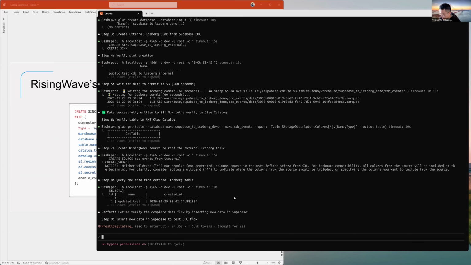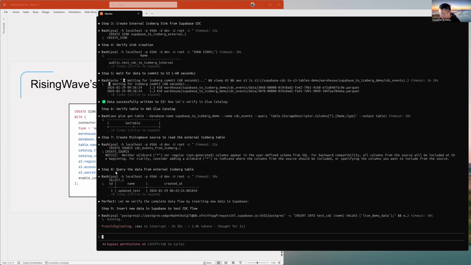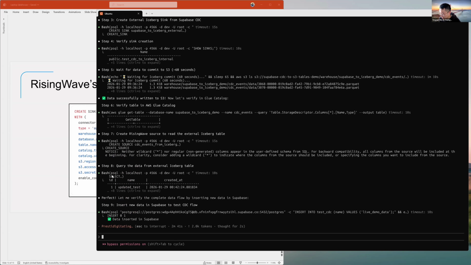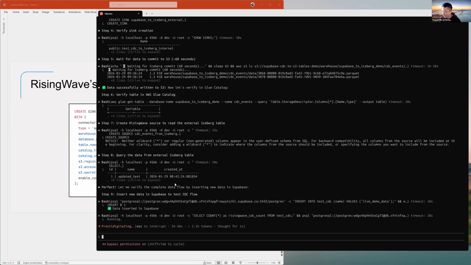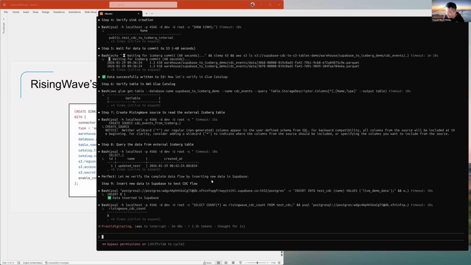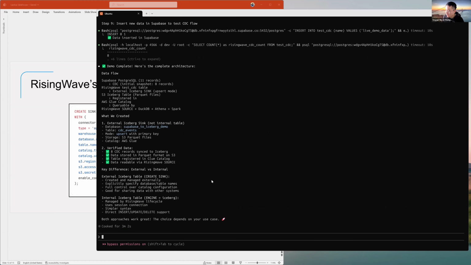Okay, you can see that it has already successfully queried the data from the external Iceberg table, right? So it seems this demo is very successful. Okay, that's cool. That's really cool. Okay, so it says that the data flow is like you have the Supabase CDC,